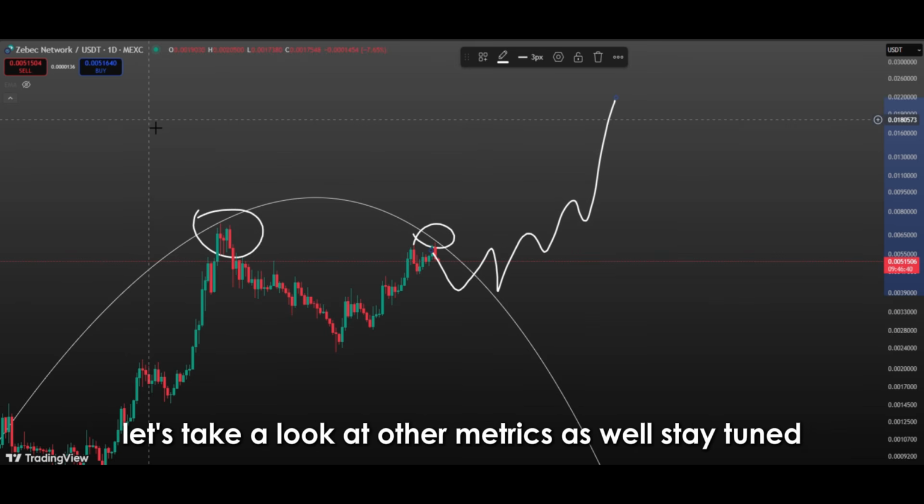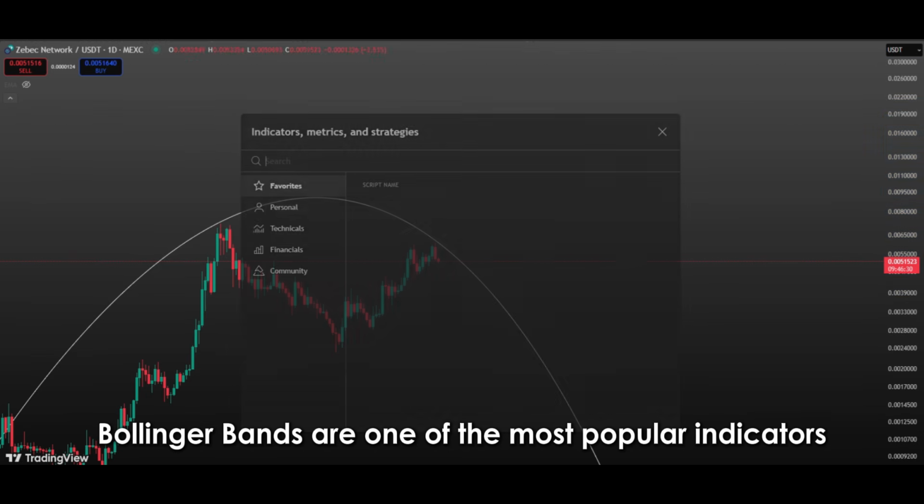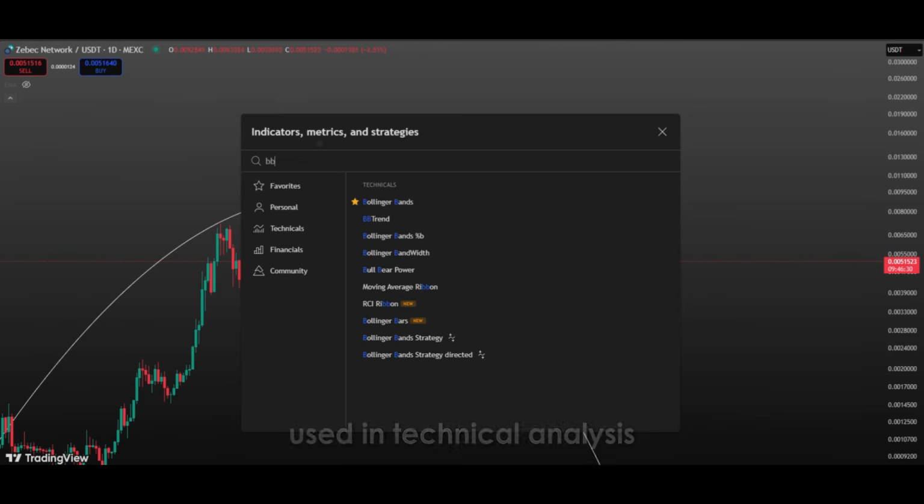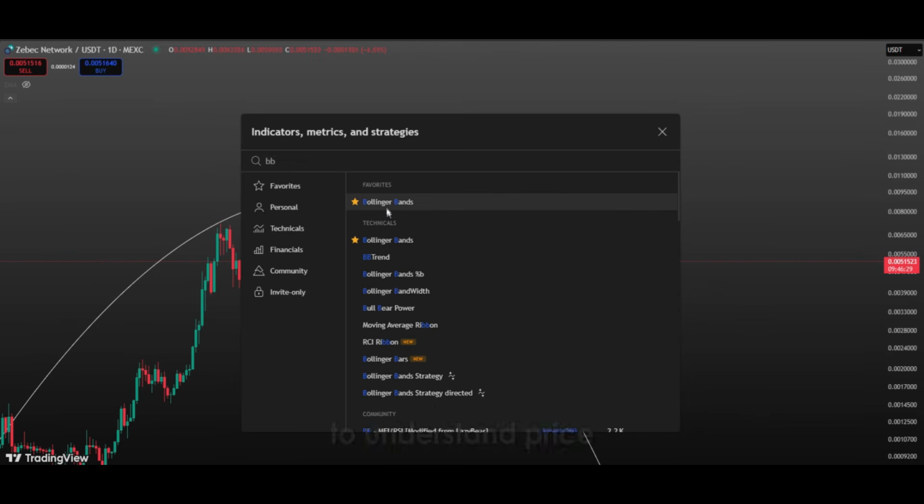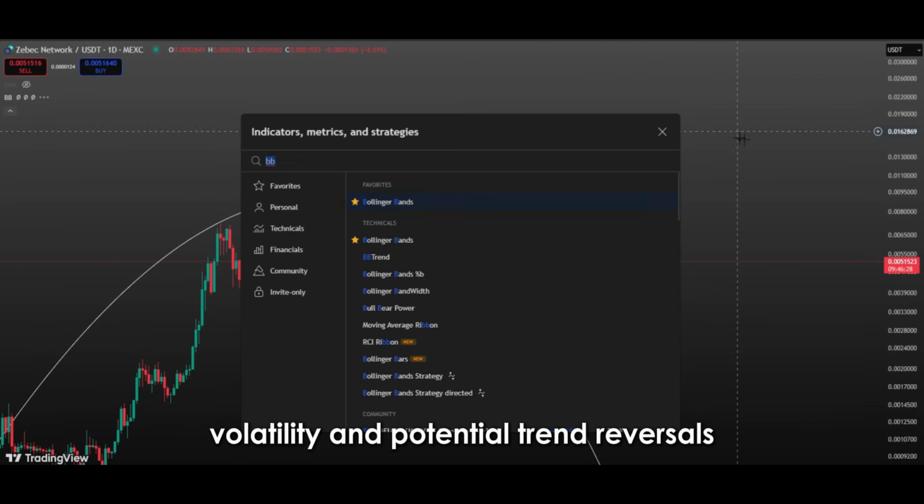Let's take a look at other metrics as well. Stay tuned. Bollinger Bands are one of the most popular indicators used in technical analysis to understand price volatility and